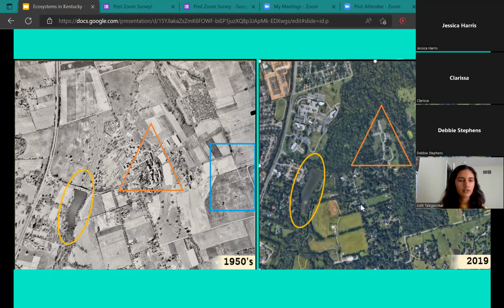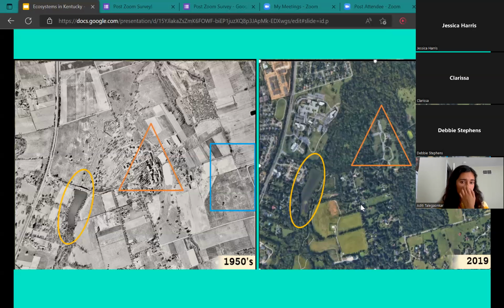Yeah, and those are definitely all correct. In the 50s picture, you can kind of see that in some parts there are more trees, and then those parts have become like neighborhoods and industrial places. But in the 2019 picture, you can sort of see the outline of the park and what the park has done to restore that biodiversity. And so in the 1970s, that's when the park system took over the land to conserve nature and create a recreational space, which is why you see the structure in the blue square and the different fields and parts that are like trails and whatnot.